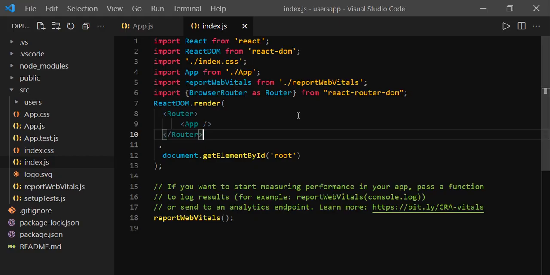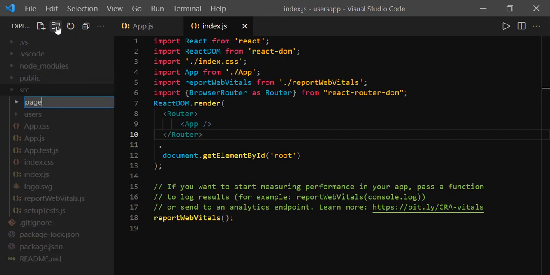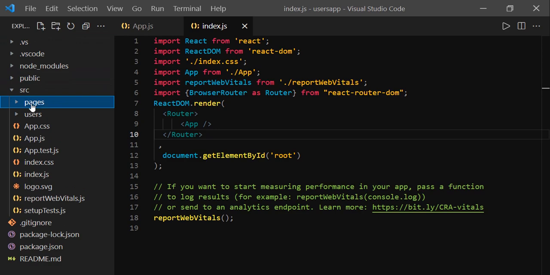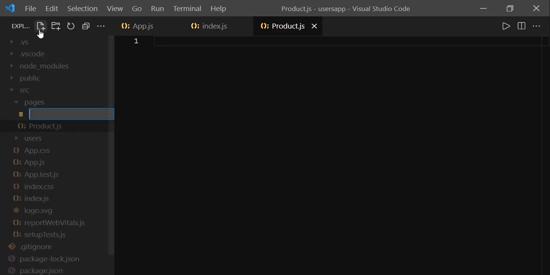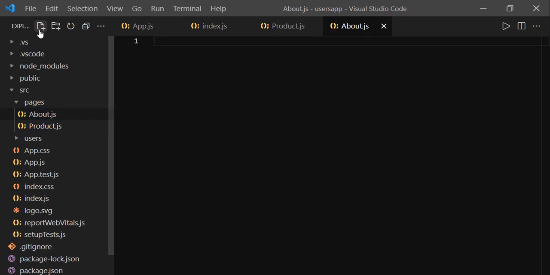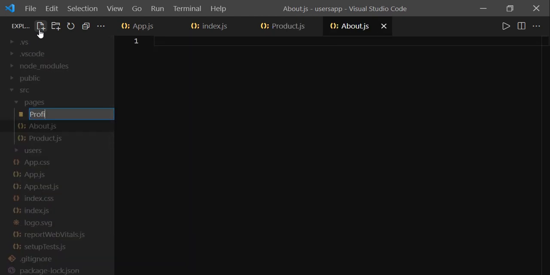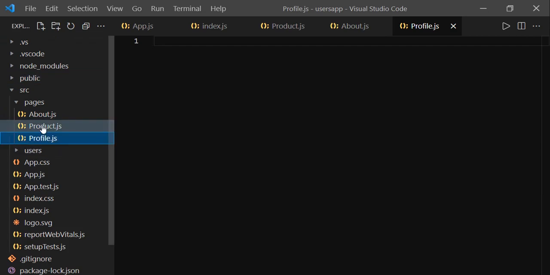Before that, let us create three components: product, profile and about. Under the src, I am going to create a folder called pages, and inside pages I am going to create the components product.js, about.js, and profile.js. Let's go to product.js.